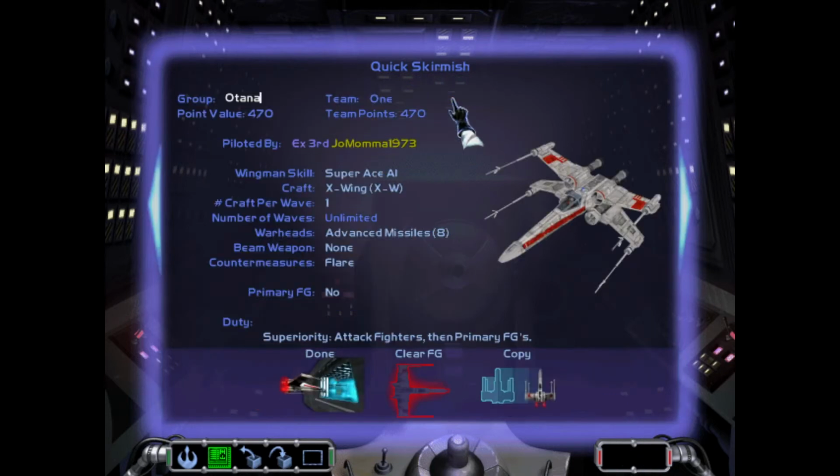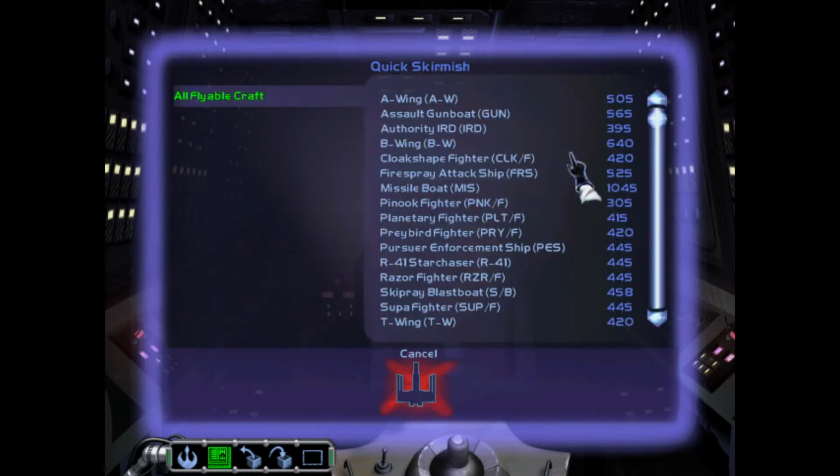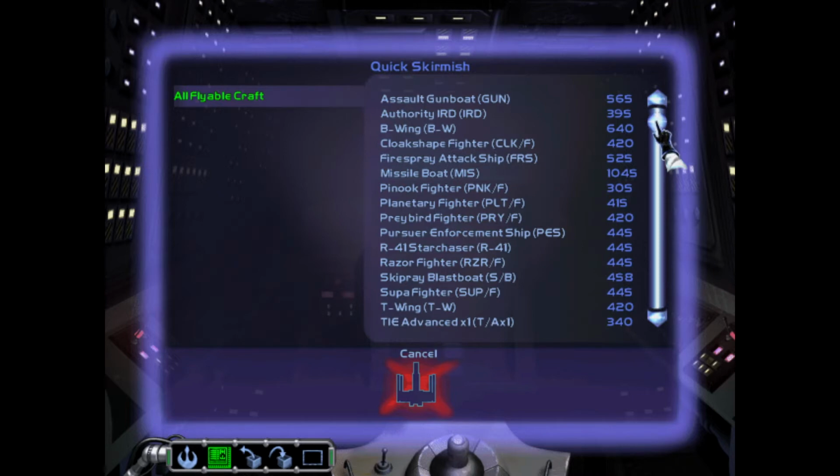And again, to reiterate, we can fly the A-Wing, the Assault Gunboat, the Authority IRD, B-Wing, the Cloak-Shaped Fighter, whatever that is, the Fire Spray Attack Ship, the Missile Boat, the Panook Fighter, the Planetary Fighter, the Prey Bird Fighter, the Pursuer Enforcement Ship, the PES, the